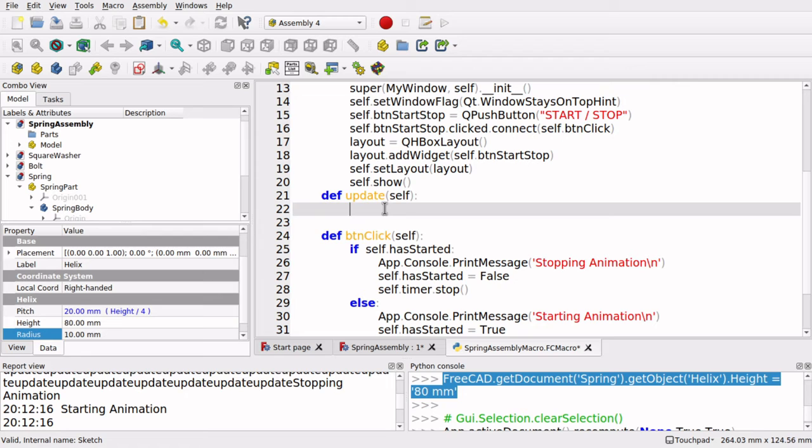So in here, I'm just going to keep it easy for starters. I'm just going to output some messages onto the screen. So I'm going to first check to see if our self.helix.height, and then we use the dot value in there because before, height was, you can see, just coming out of 80 millimeters, but if we use dot value, we actually get the height value of the spring as a float. I'm going to say if it's greater than or equal to our self.max, so greater than or equal to 80,